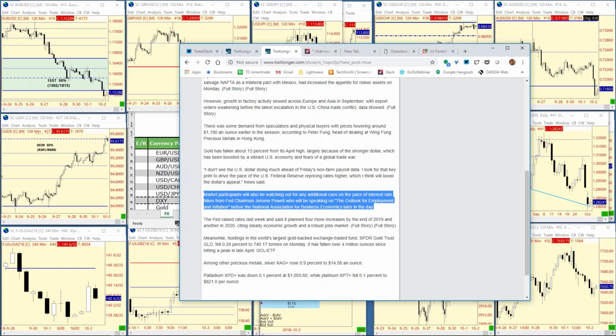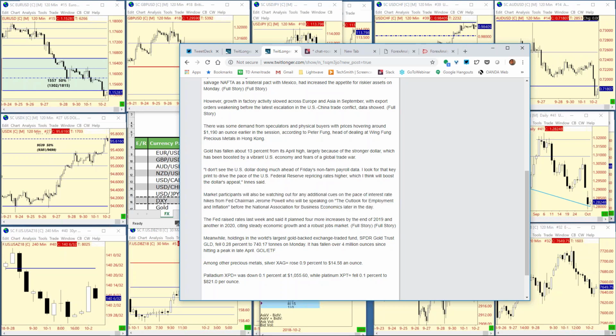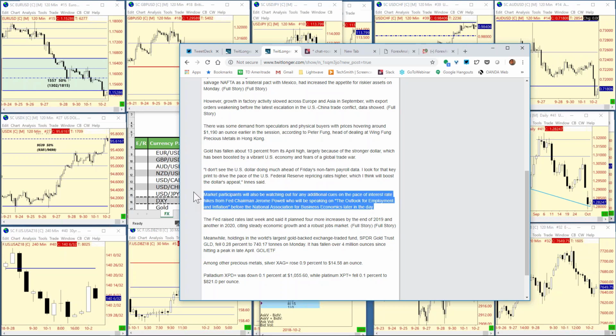We already had the pedal to the metal. One thing I think will come out is if he wants to put the pedal all the way through the metal. And there's really no reason to say anything ahead of the non-farm payroll. So I don't really see this, although it's out there, you could have a headline. I just don't see you get much juice out of the headline. I don't think that he would say anything. So with that being said, let's go on and move on now.